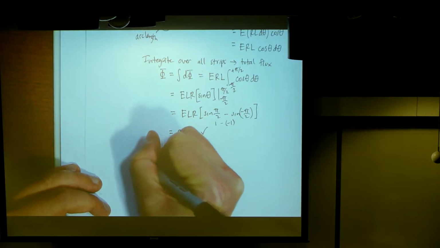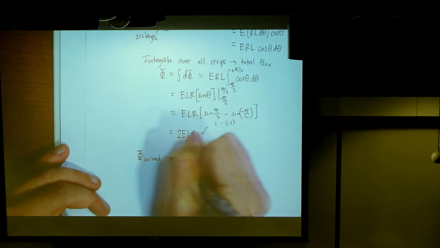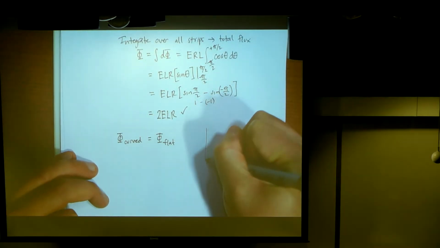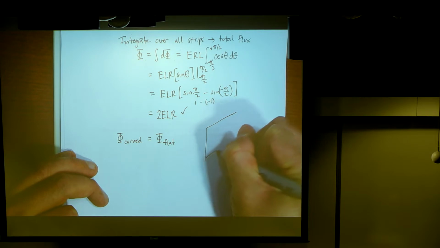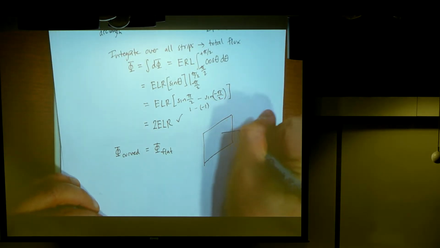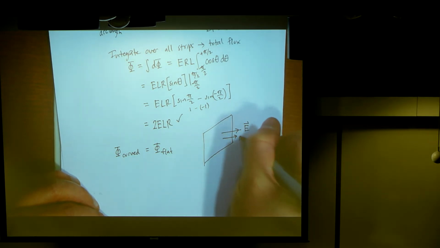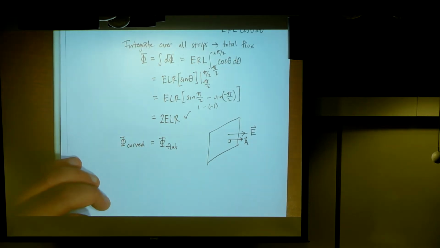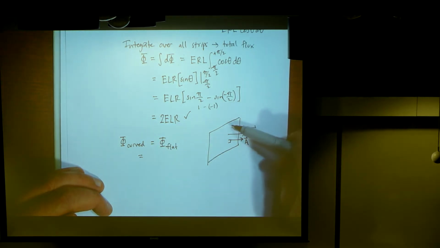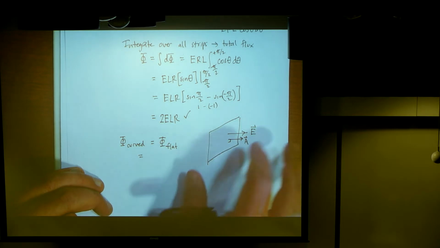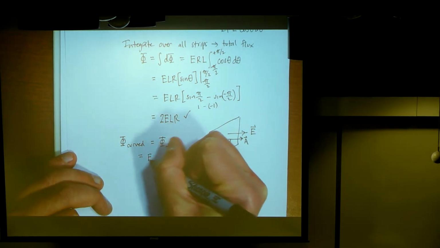So what I'm saying here is the electric flux through the curved part is the same as the electric flux through the flat part, and that is going to look like this. So now I'm showing you the flat part of the cylinder, and the E field lines coming out like this, and my area vector also pointing this way. That's what it looks like for the flat part. And actually for that one, since the E field looks exactly the same all over the surface, and my surface is perfectly flat, I don't even need to use the integral for this one. I can just say this is E dot A,